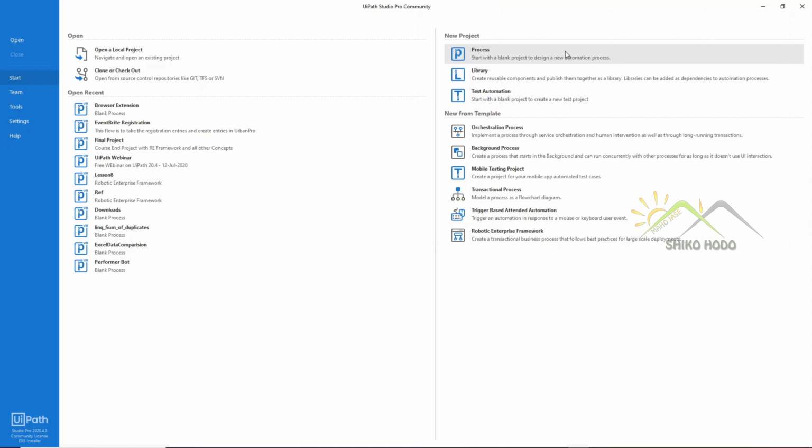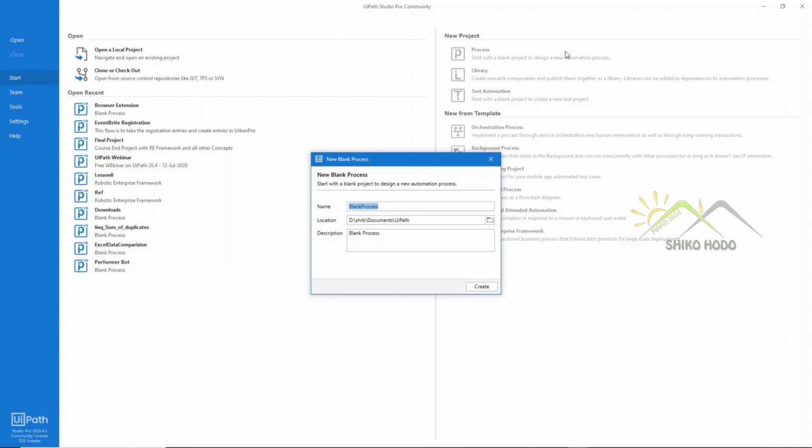So let's create a process first of all. I have clicked on process. Yes, it's opening a pop-up where it is asking to give a name. So I am giving my first process a name, and you can select the location where you wish to store the project files.